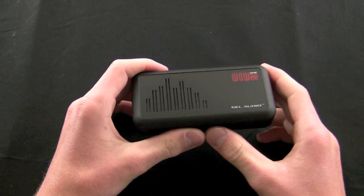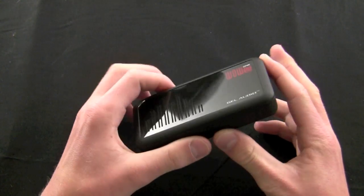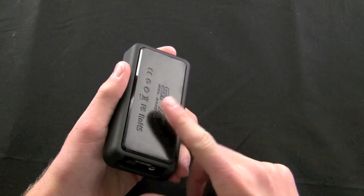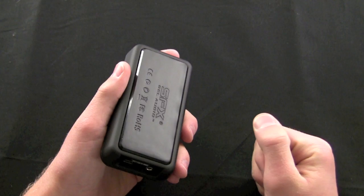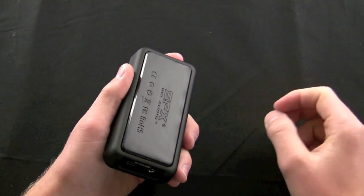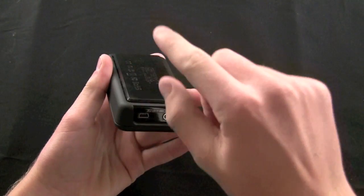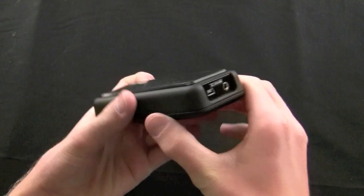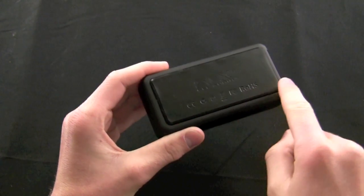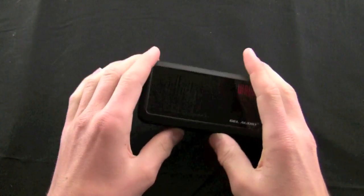Now, if you guys remember, I reviewed a product a couple months ago called the Org Audio Rocket. The WOWee 1 integrates the same principles as the Rocket and has this sticky pad-like system. Now, this one is a little bit different from the Org Audio 1, and in my opinion, it's not as good. This one isn't very much of a sticky surface per se, but it is grippy. So it will stay on to a lot of stuff, and it is kind of shaped in the form factor of a suction cup. So if you push really hard against a surface, it will throw all the air out of the center of the device itself, and it will be able to stick to things such as glass